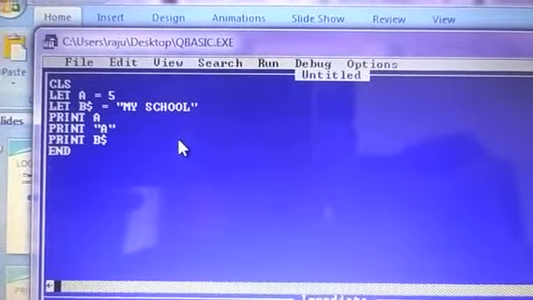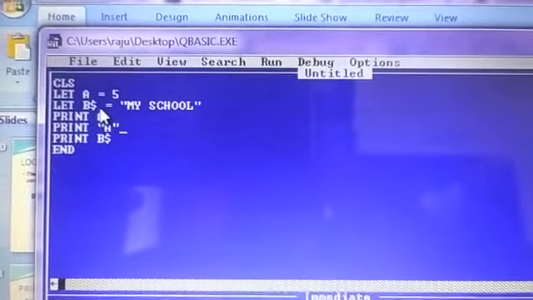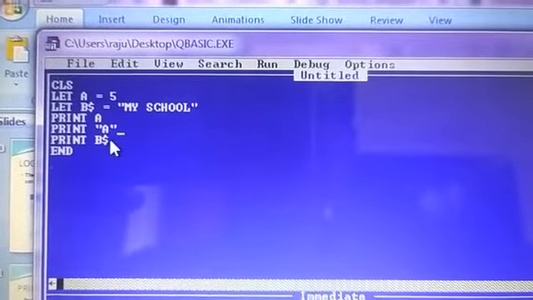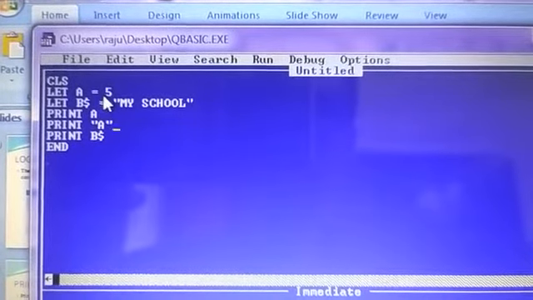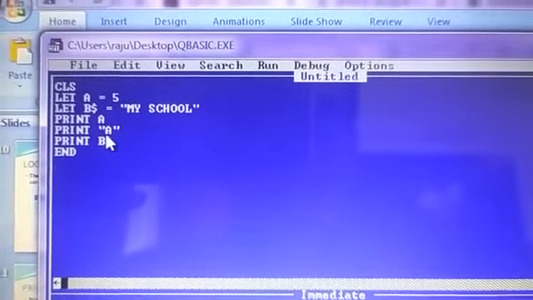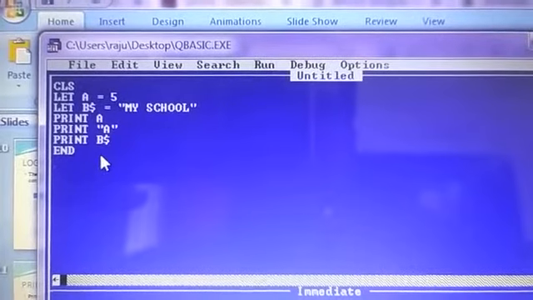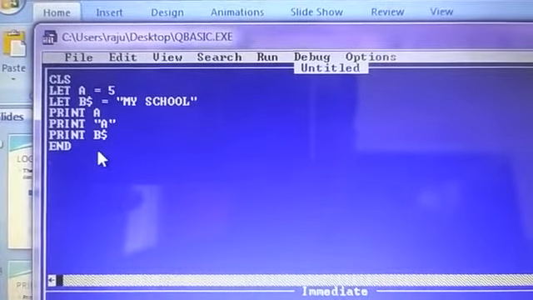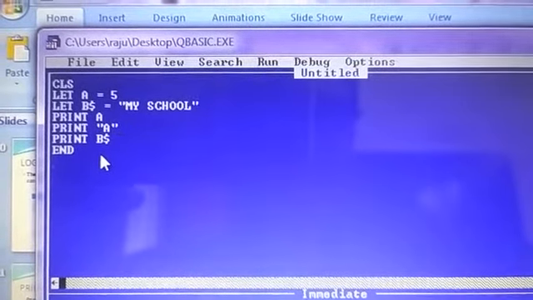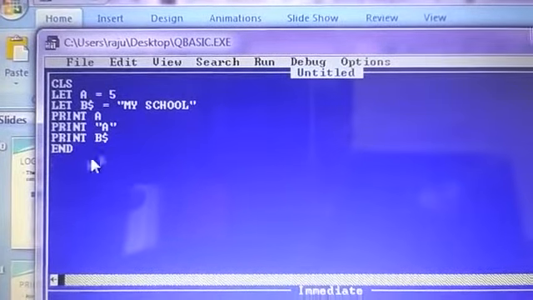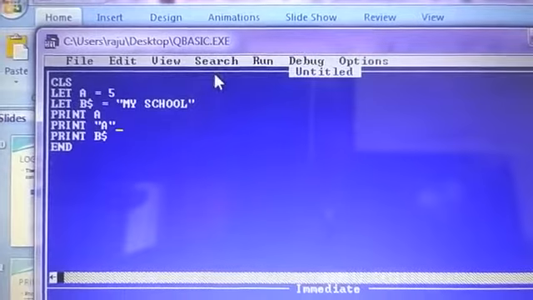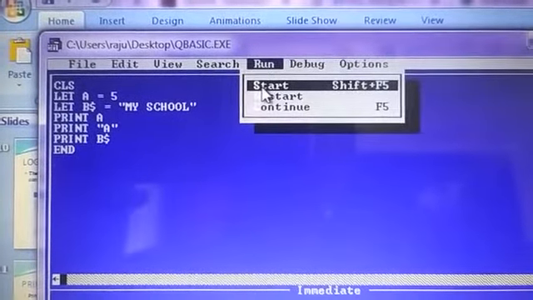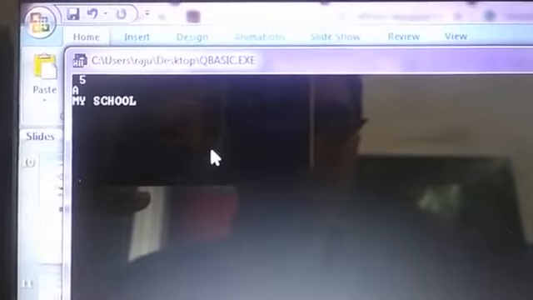Now in the same program, if I write print, double quotes, A, it will not print the value of A. What is it going to print? It is going to print A. So always remember, what is written in double quotes is going to print as it is without any change. And if you are not writing double quotes, then it will print its value. I will show you the output. This is the output: 5, A, and then my school.